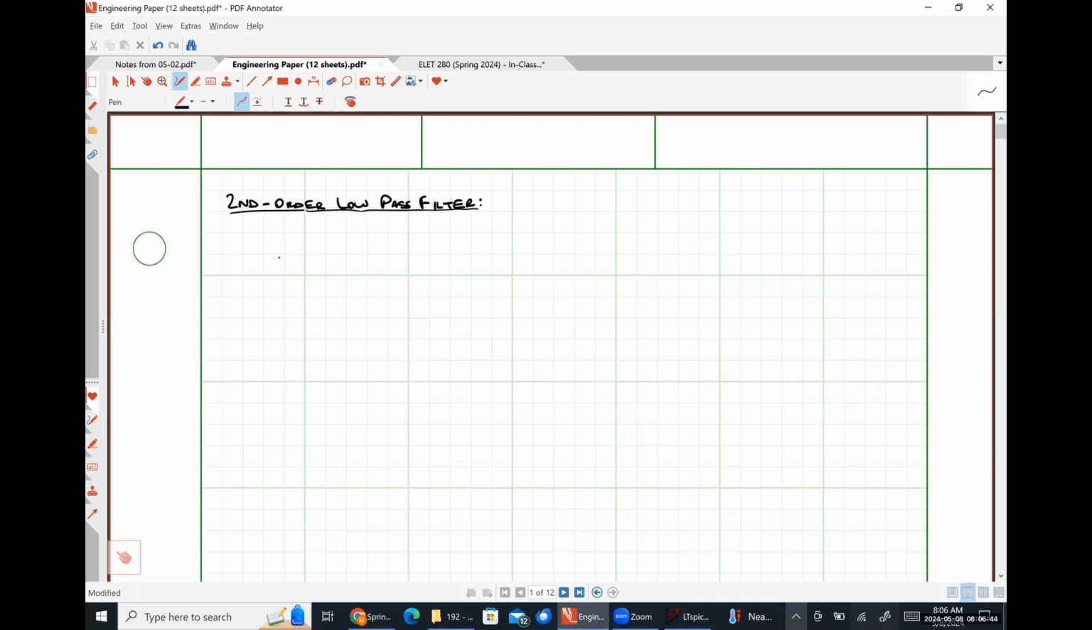So in the frequency domain, our circuit would look something like this. Here's our input voltage as a function of frequency, our resistor, the impedance of our inductor,